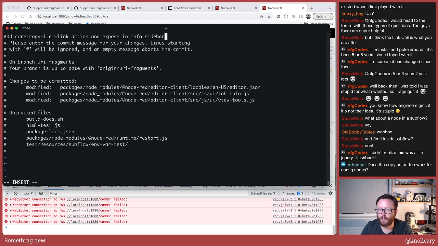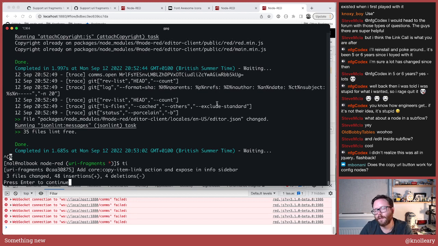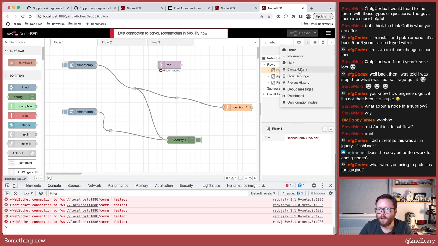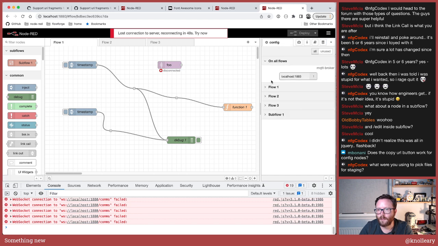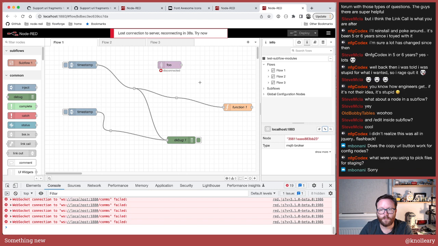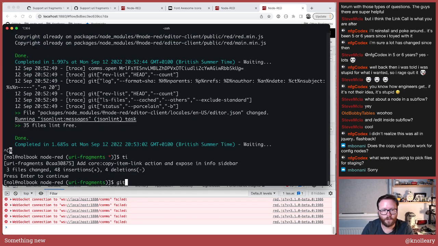Does the copy URL button work for config nodes? Oh, you know, sometimes I see problems, I choose not to say them, and then someone so helpfully asks the very innocent question in chat. So, yes, it should. If I come in here, if I select that empty broker node, if I go back to the info tab, and if I hit copy item URL,